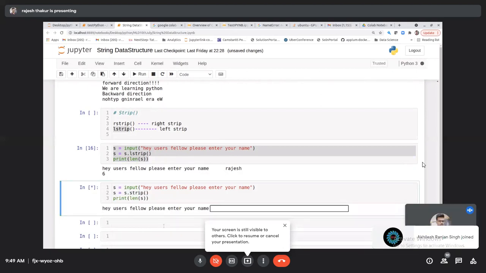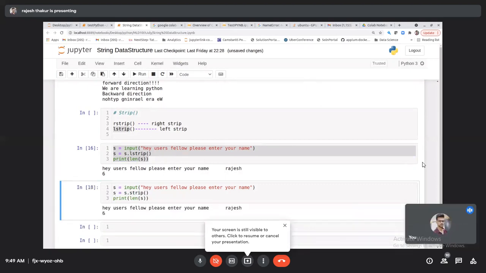Okay, so let me show you. Can you see this? Is it very awesome, right? So if you want to remove from the left side as well as right side, then you can use the strip function. Any doubt in this? So how to remove the spaces at all?